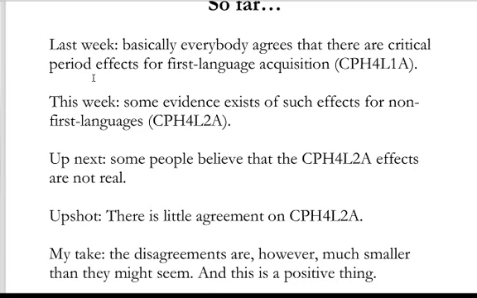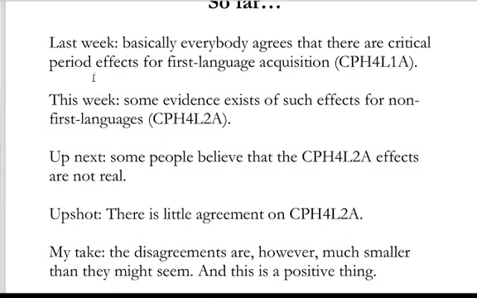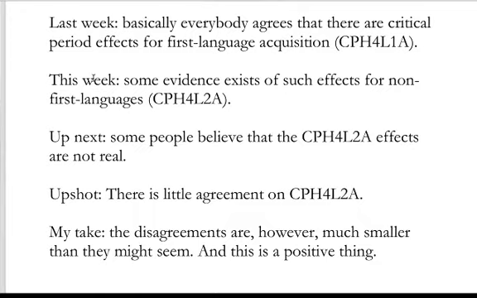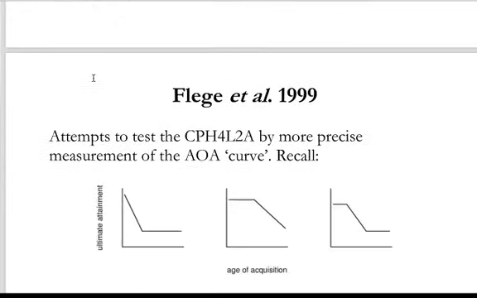The other line of argumentation is that when you examine the actual learning curve in all of its quantitative detail, there are no sudden discontinuities in that learning curve by age of arrival. Instead, it's a steady decline that's not consistent with a qualitative change in language acquisition at some age. I think both of these lines of argumentation, which point out problems with the critical period hypothesis for second language acquisition, themselves suffer from a lot of problems. So let's take a look briefly at one paper of each kind.